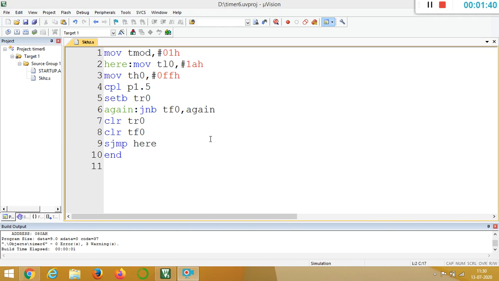Okay, so I took the same program here. This is Keil software. I took the same program, only I changed the initial count. The previous initial count was EE in TH and 00 in TL, that is for 5 millisecond pulse width. Now this is for 2 kilohertz, that I am going to display in P1.5 as per the statement given. So I loaded FF in TH and I loaded 1A in TL. Now let me start the execution. First I will save this program, rebuild this program. 0 errors, start the debug session.